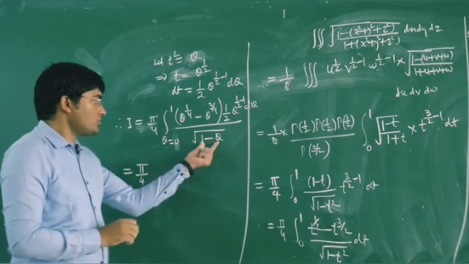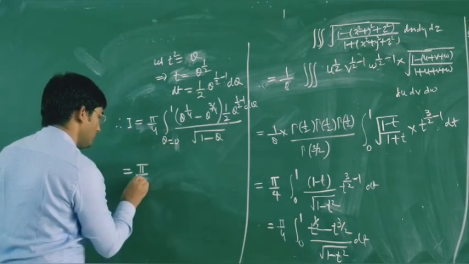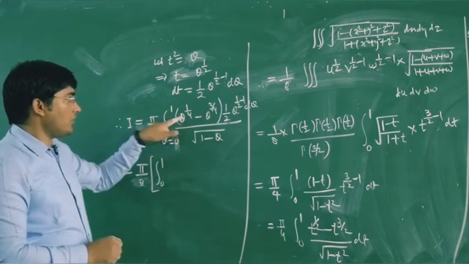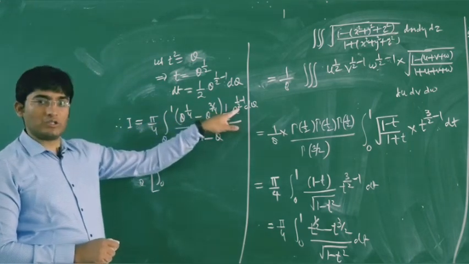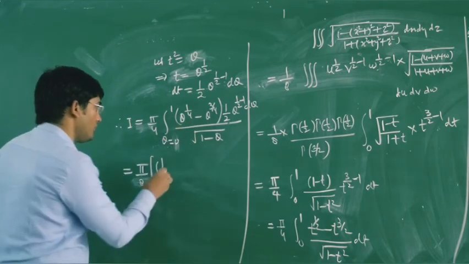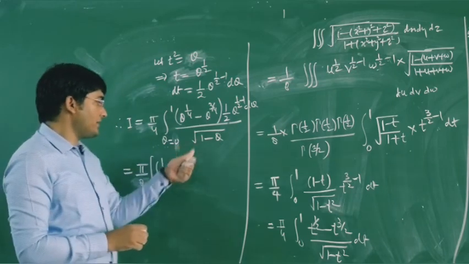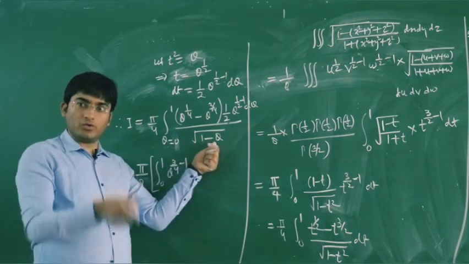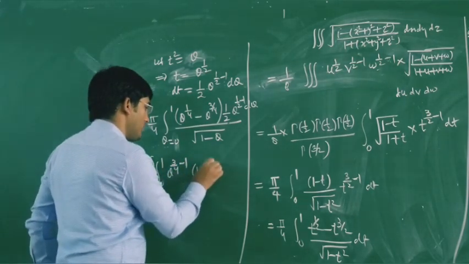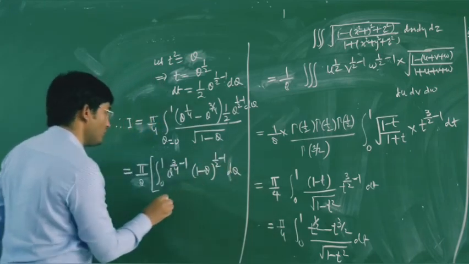So this is equal to pi by 4. Now let us take this term in the numerator. So this 2 into 4 will be your 8. So in the bracket we have 0 to 1. Now the first term is your theta power 1 by 4 plus theta power half minus 1. So this 1 by 4 plus half will give you 3 by 4. So the first term will be theta power 3 by 4 minus 1. Now this 1 minus theta will go in the numerator and this will give you power minus half, and that can be written as 1 minus theta power half minus 1 into d theta. So this is your first term.